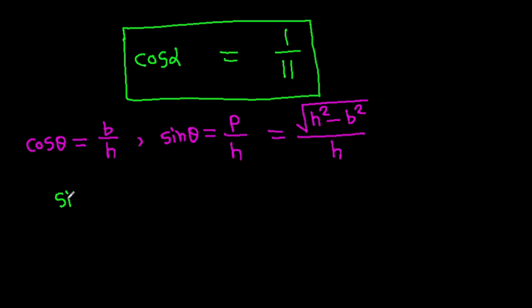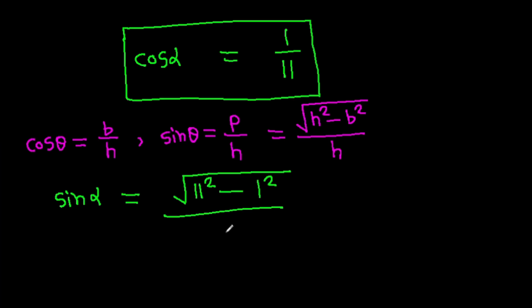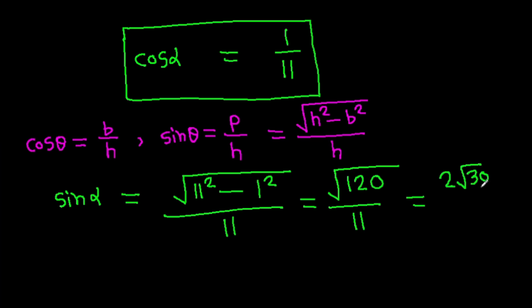So sin alpha will be root under 11 square minus 1 square over 11, and it is root under 121 minus 1, which is 120, over 11, and it will be 2 times root 30 over 11,